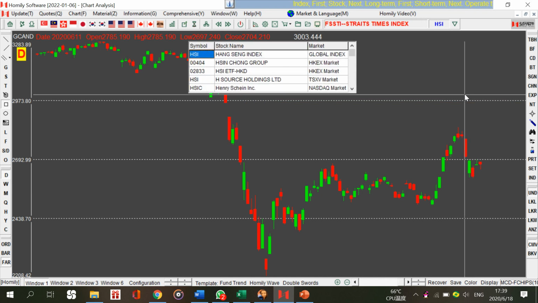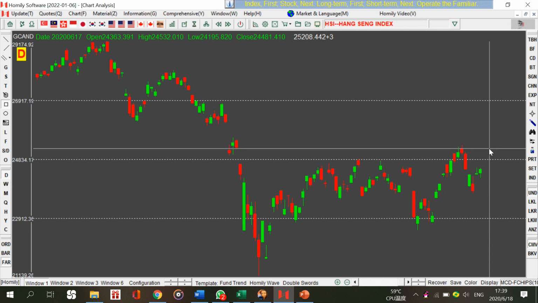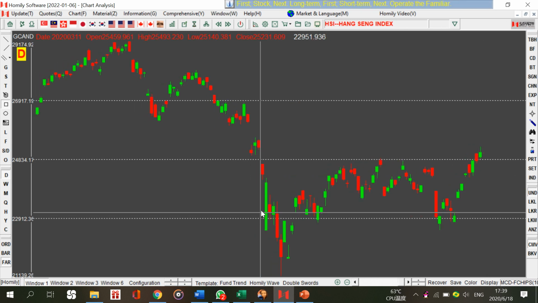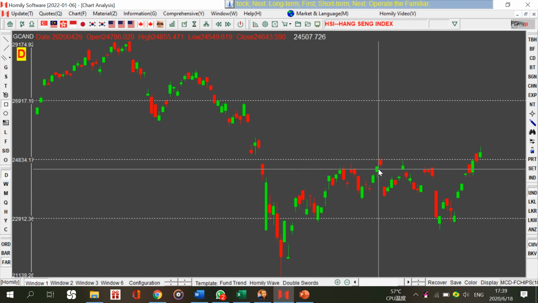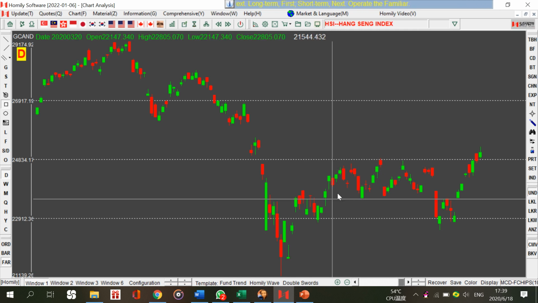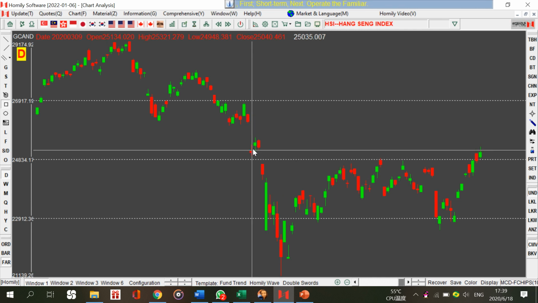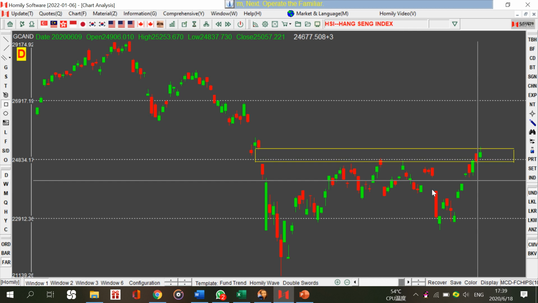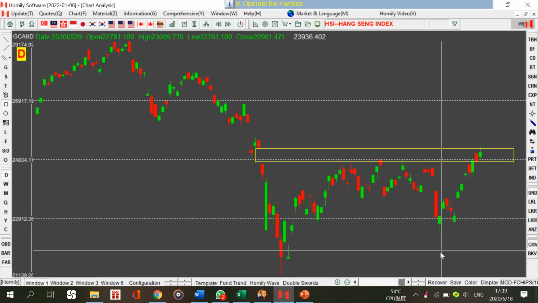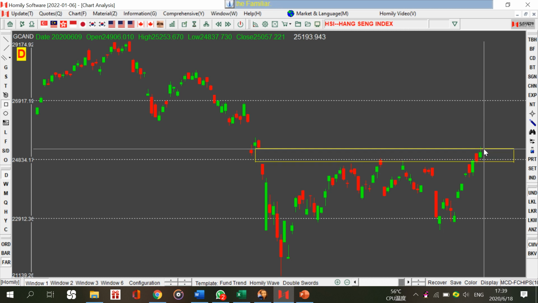If we check Hang Seng Index, you will see the same phenomenon. And can you see here, before this rebound, this previous downward gap acts as a magnet to attract the price to move toward it. And then once the gap is covered, you see, the gap is already covered,